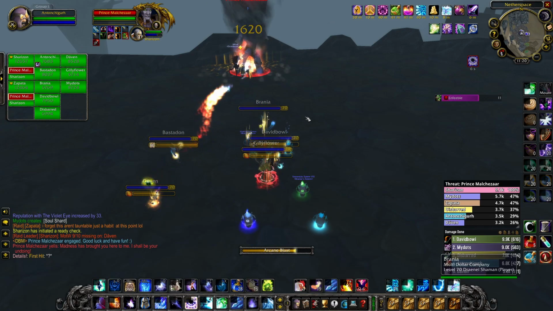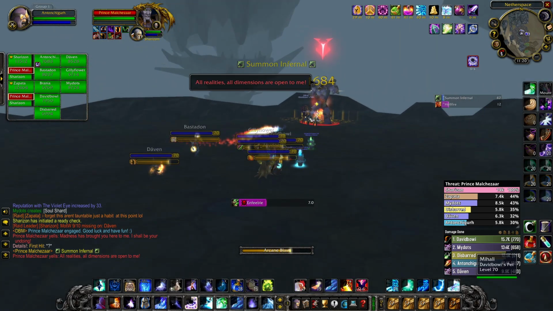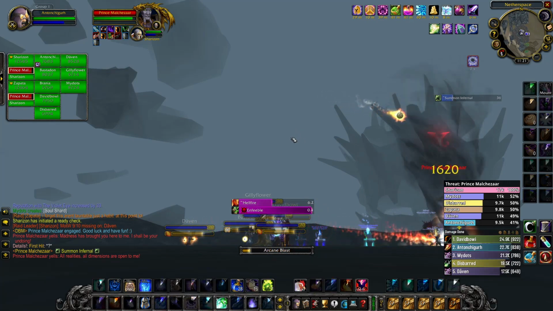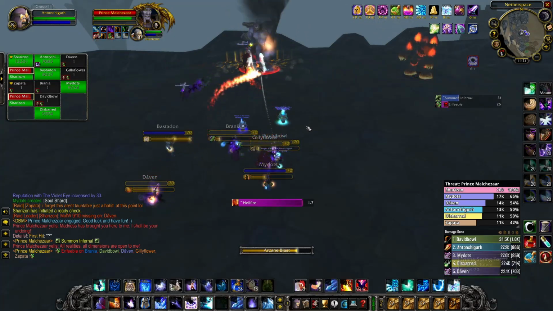Here at the start, I'm basically spamming Arcane Blast as much as possible, because I want to put my Mana Gem and Mana Potion on cooldown, because I know this fight last week took the guild around 4 minutes to do. And since the fight's over 2 minutes long, I know I'm going to get 2 rotations on my Mana